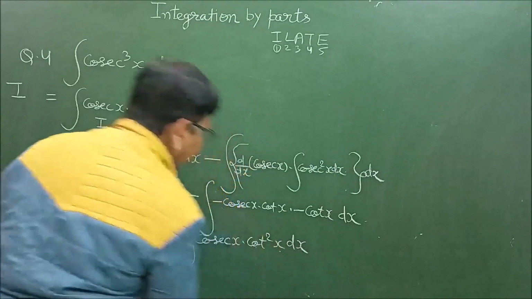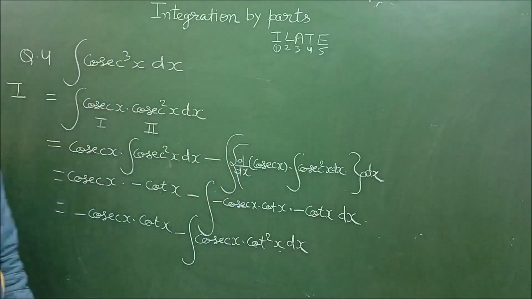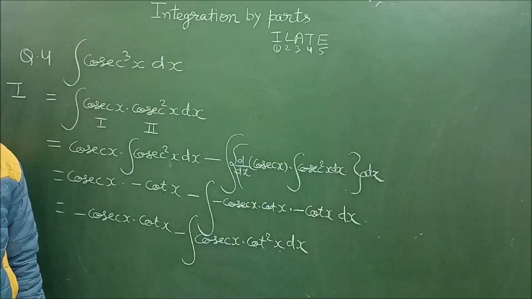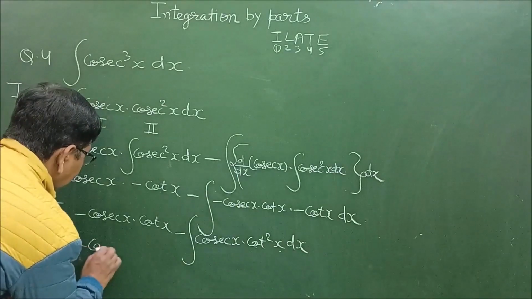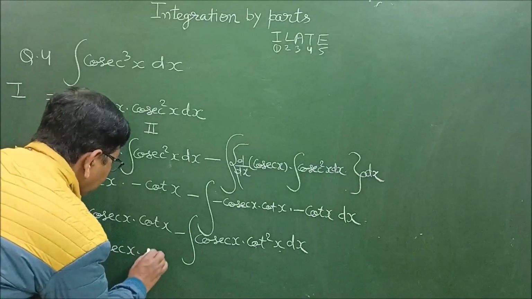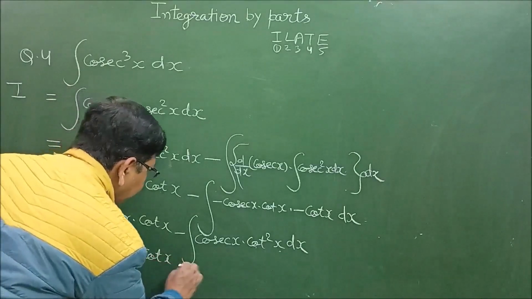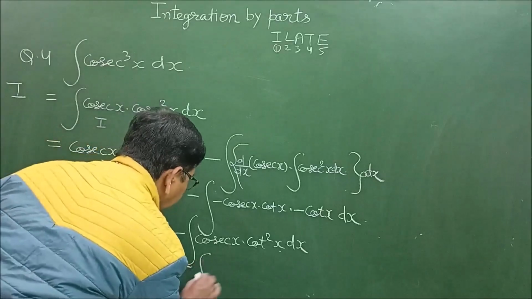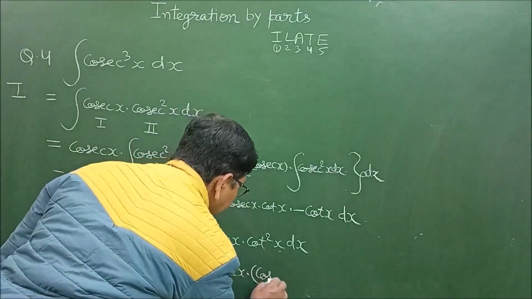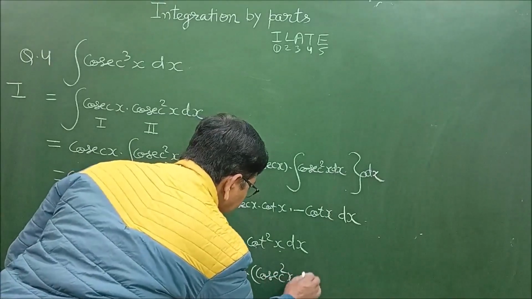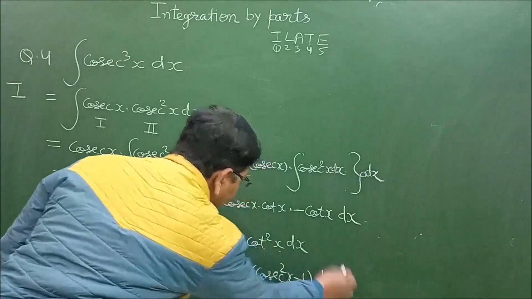Now this cot square x, by trigonometry, we can write it as cosec square x minus 1. So this is equal to minus cosec x into cot x, and minus integral of cosec x into cosec square x minus 1 dx. Now